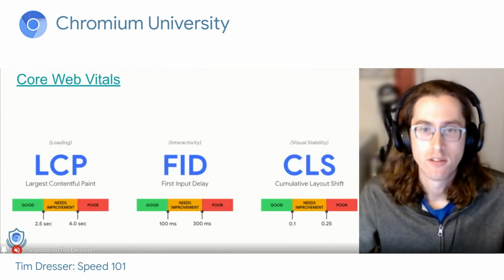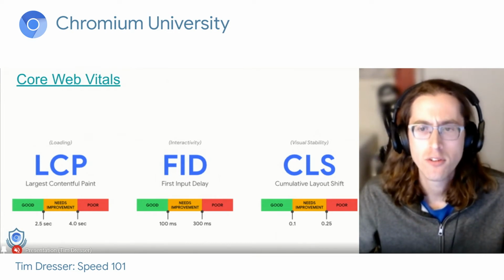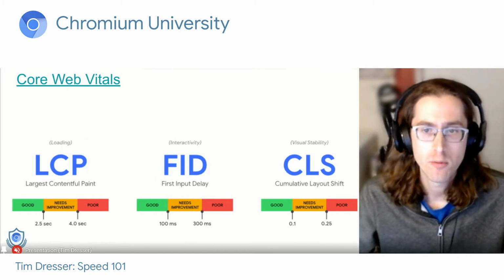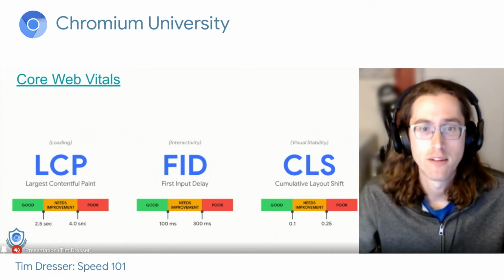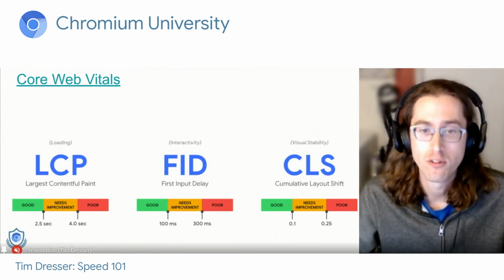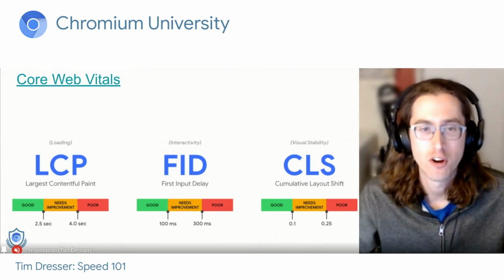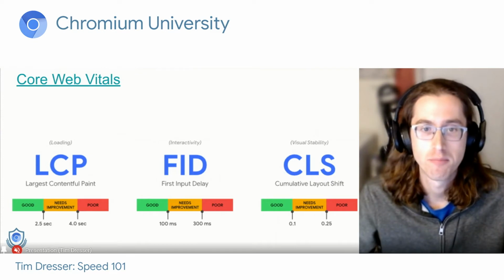The Core Web Vitals are a set of metrics which Google recommends to external site owners and web developers, and we also use them as Chrome developers. The three Core Web Vitals are largest contentful paint, which reports the time from navigation start until the time the largest element was painted; first input delay, which reports the time from when the first input occurred until the page starts responding to that first input; and cumulative layout shift, which measures how much the content on the page jumps around. Cumulative layout shift arguably isn't really speed, but it tends to get put under the speed umbrella anyways.